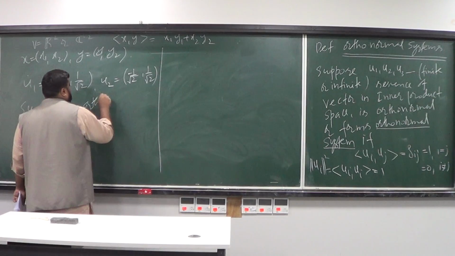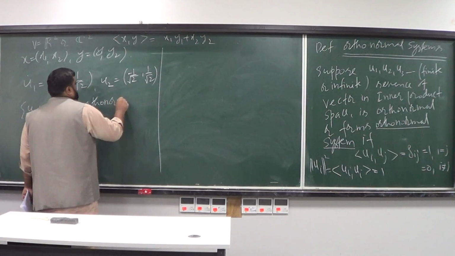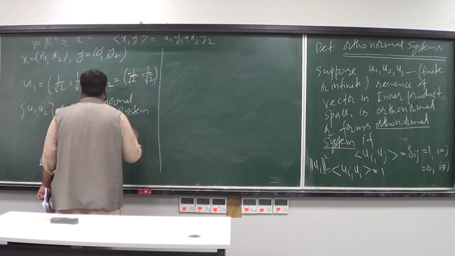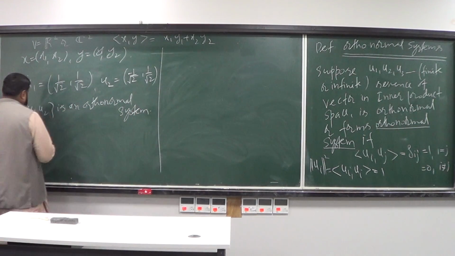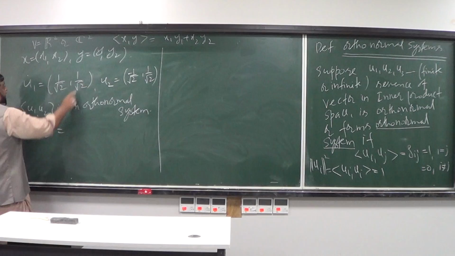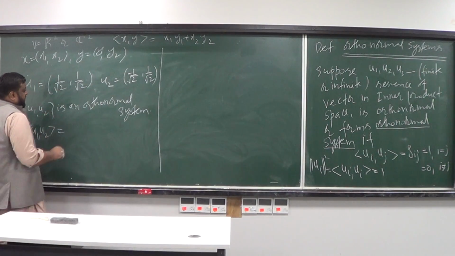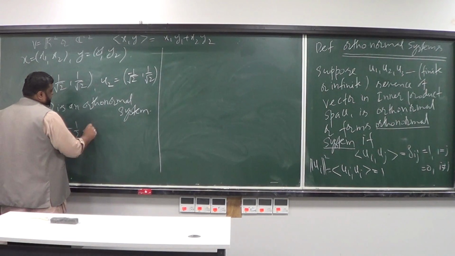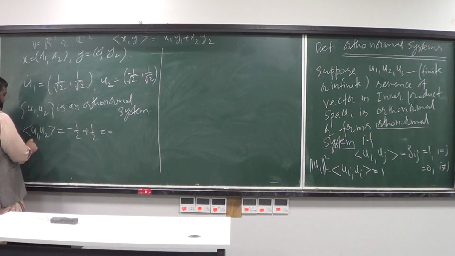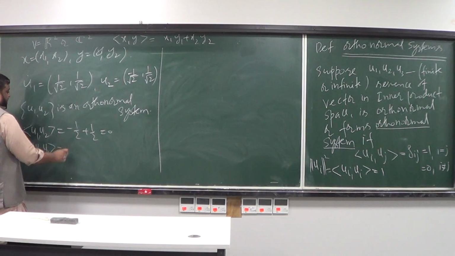Is an orthonormal system, or you can say that these two vectors are orthonormal. Why are they orthonormal? If you take their inner product, in other words, if you compute u1, u2 by this definition, you're going to get minus 1/2 plus 1/2, so equal to 0. And if you compute, for example, the inner product of u1 with u1, you're going to get